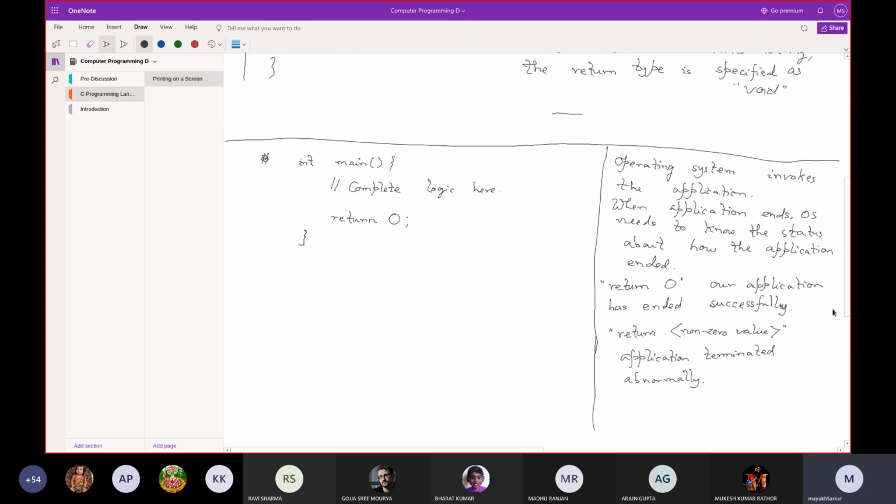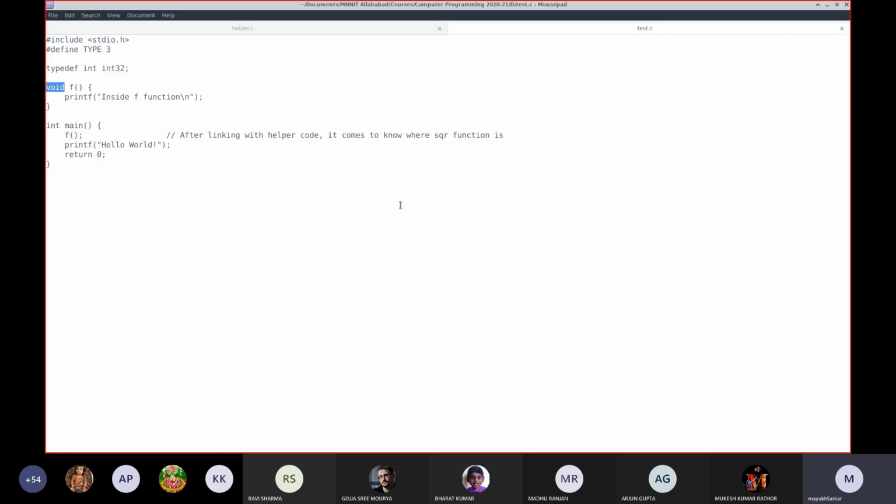Because eventually when the application starts, this is the entry point of the program. So you can think that the operating system is giving the address of this first instruction to the processor, right? If you can remember our discussion from the operating system. So when it returns this value to the operating system itself, the operating system will get the return value. It is only for main, remember.